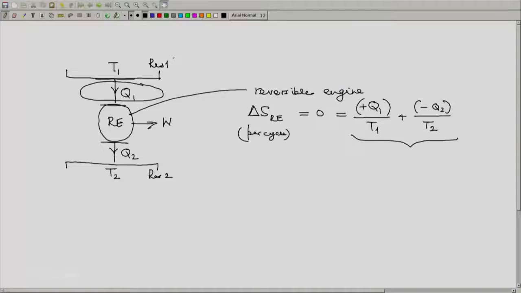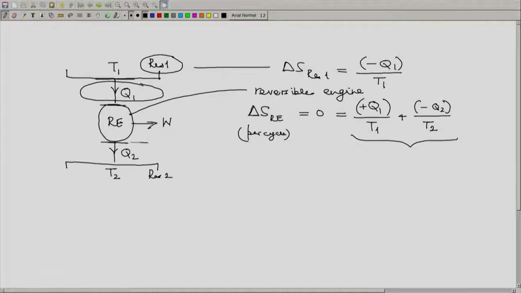So for reservoir 1 we can write delta S of reservoir 1 is heat absorbed by reservoir 1, that would be minus Q1 divided by T1,